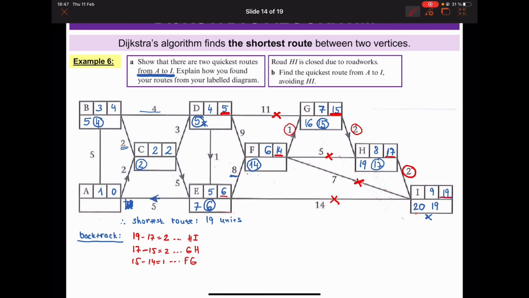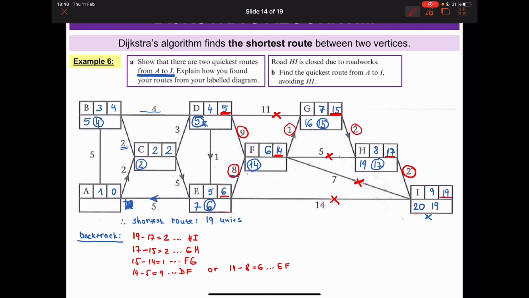So I'm here. Now I have 14 minus 6 is indeed 8, but also 14 minus 5 is 9. So in here I will have two options. So I can say 14 minus 5 is 9. What will give me DF? Or 14 minus 8 is 6. What will give me EF? Okay, so let's finish first